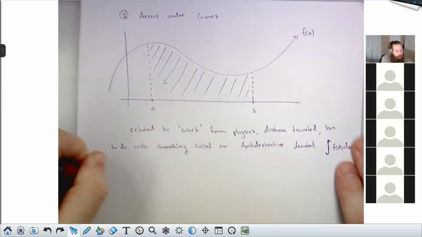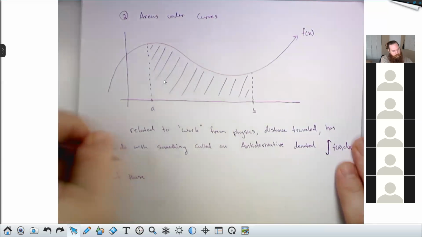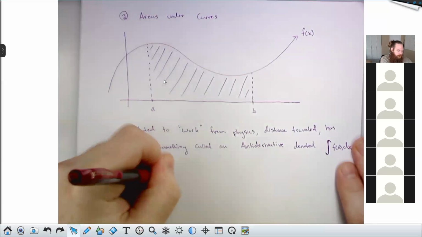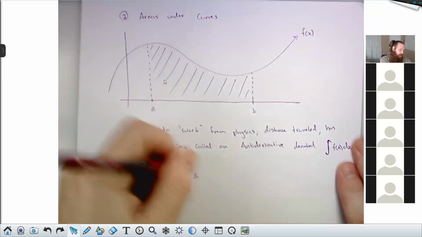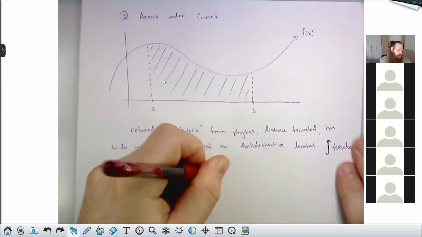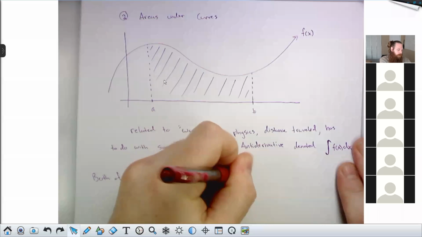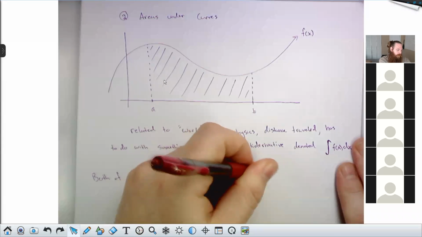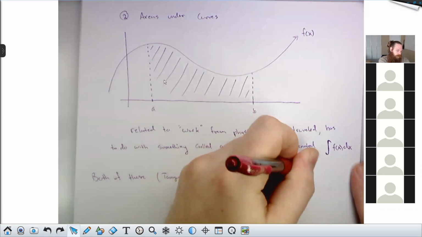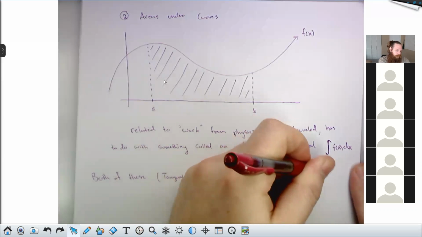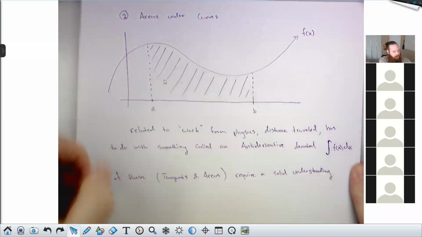Both of these, and by both of these I mean tangents and areas, require a solid understanding of something called a limit.